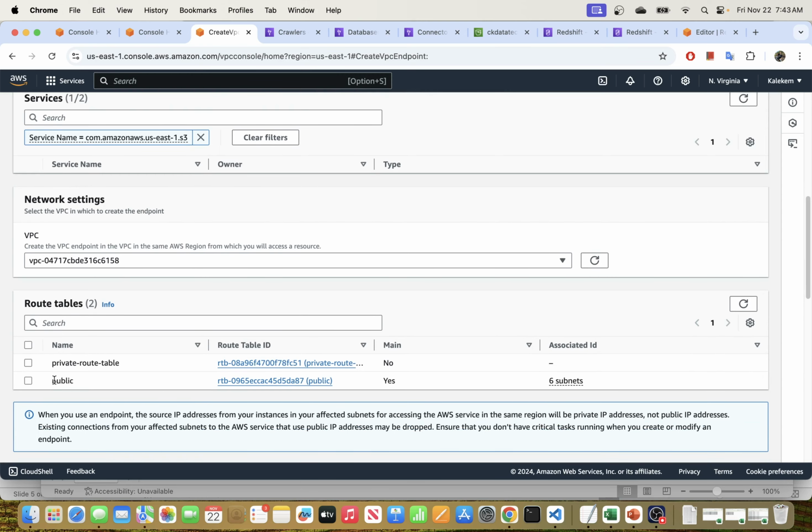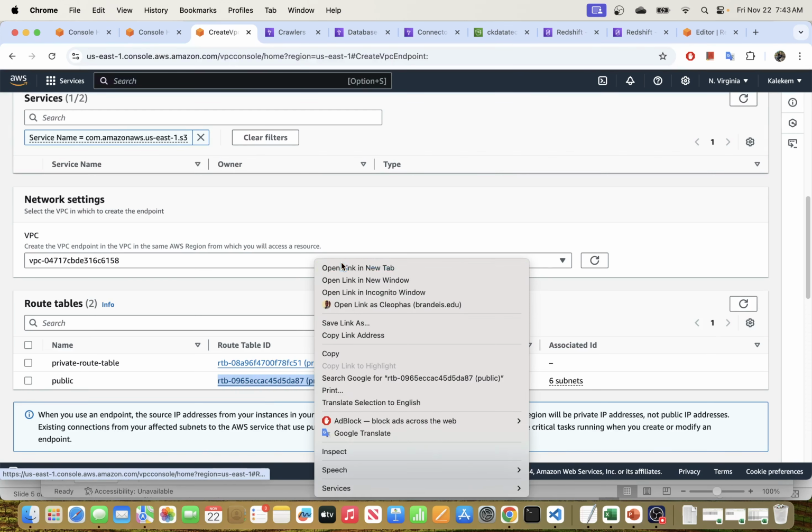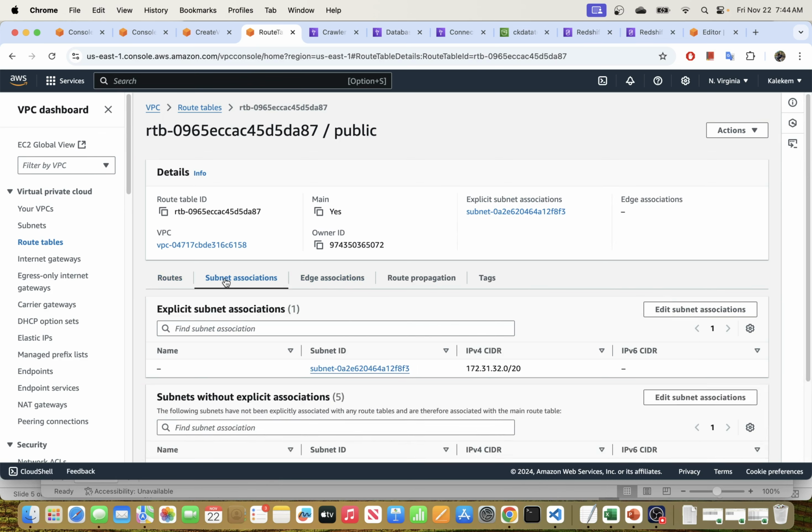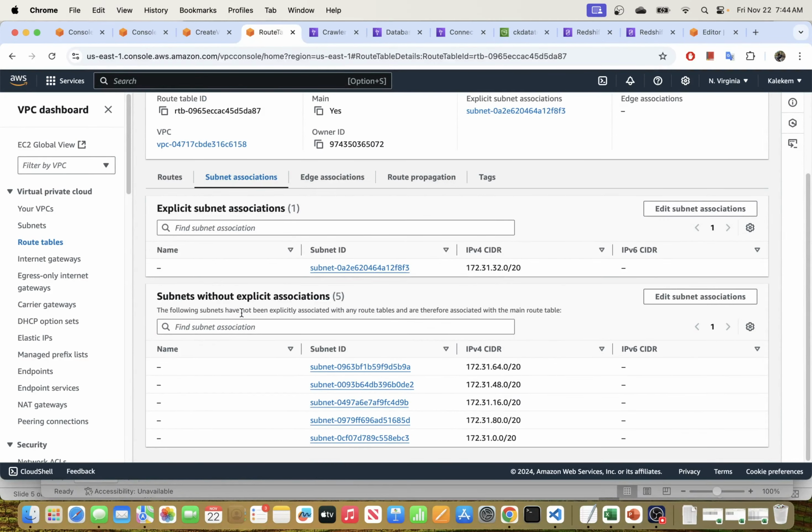And here we do have two route tables. I created this manually, so one of these is private, but I don't have any subnets associated to this. If you want to do that, you can go ahead and create a private route table and specify the subnets that will go through that route table. So for me, I will just go with the public one, and this contains all of the subnets that were mentioned. So if you go to the subnets here, for example, this route table here, the subnets that we have for this one here,